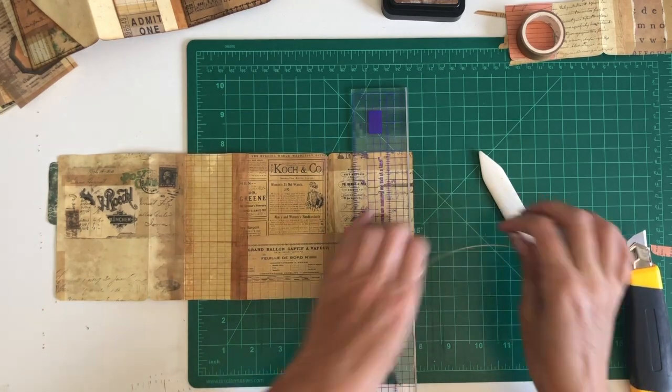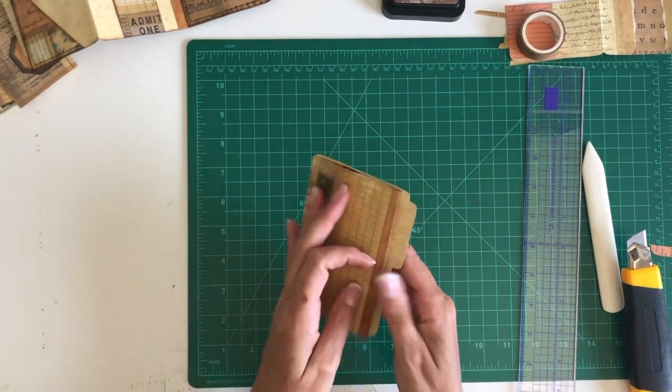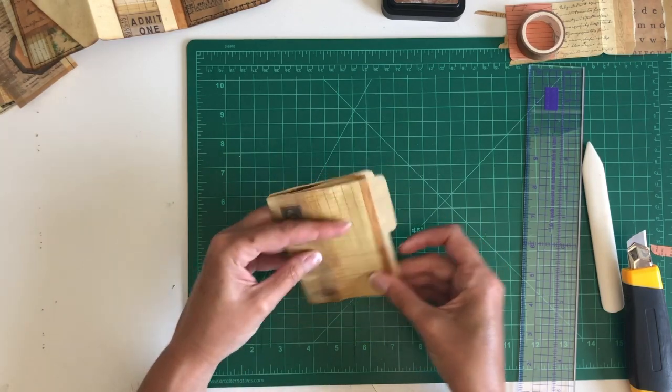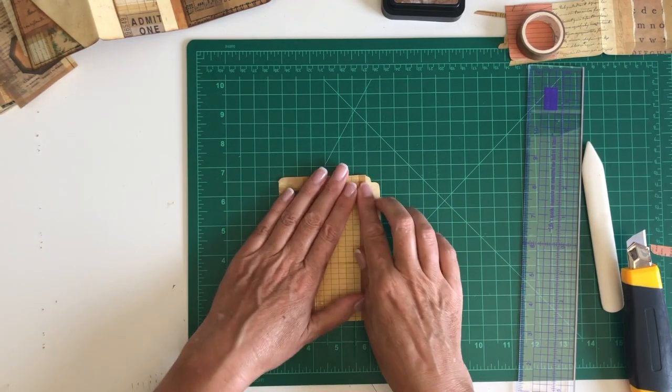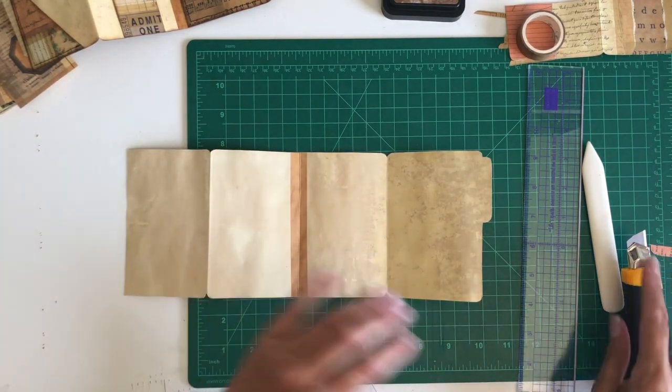There we go. So now we just test the mechanism. There we go. Okay. And that's it. Right, so the next thing I want to do